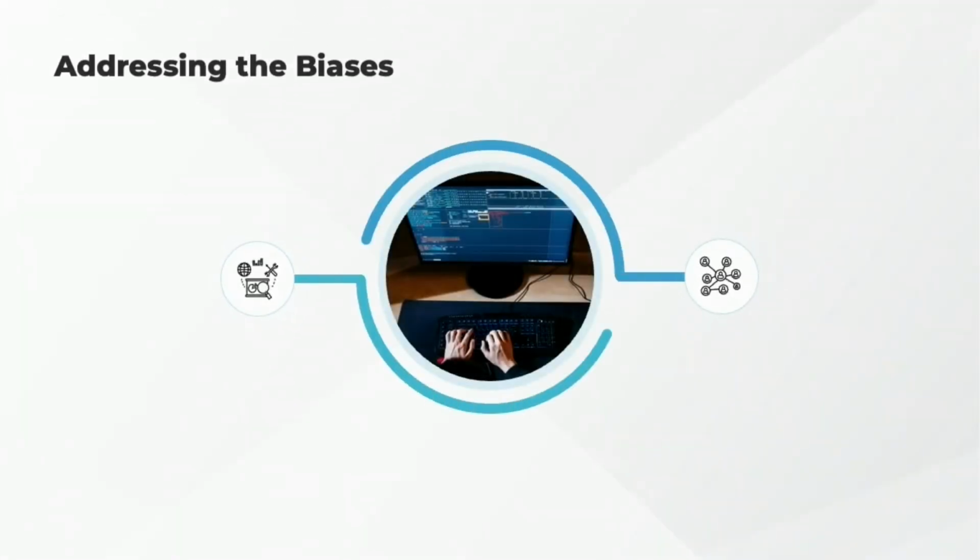As we continue to harness the power of AI, it's crucial to address these biases. This involves not just technical solutions, but a broader societal commitment to fairness and equity. Let's take a deeper dive into some real-world examples of AI bias, discussing the ethical and social consequences in more detail, and explore how we can design and implement AI systems that serve the good of all, not just the few.